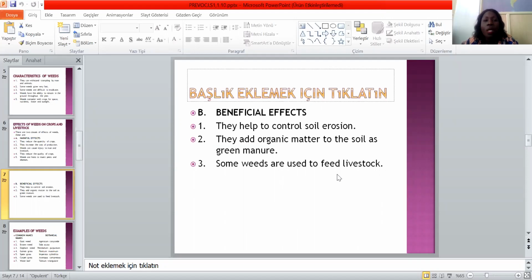Number two, some of these weeds are leguminous in nature. Examples are Centrosema pubescens, we have the Mucuna utilis, we have the Phaseolus mungo, we have Stylosanthus gracilis. These are leguminous weeds, and they are called leguminous weeds because they provide or they supply protein to farm animals or into the soil when the leaves become dried and rotting.